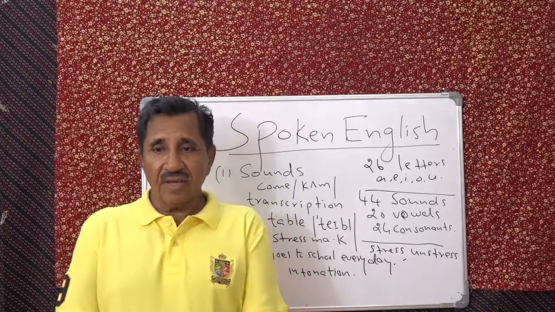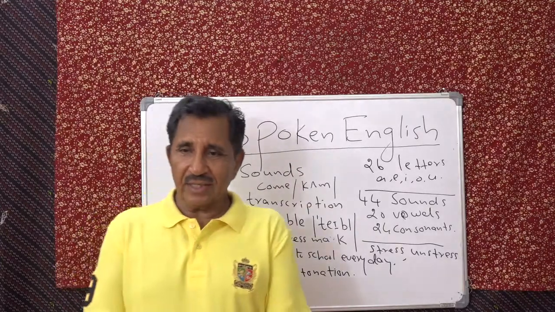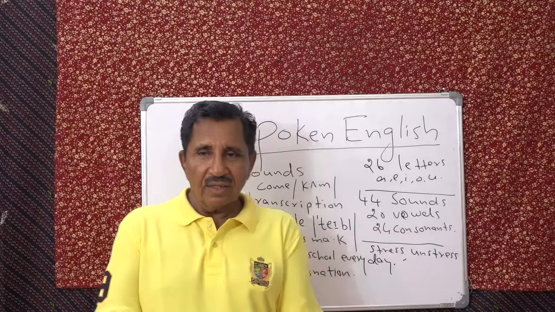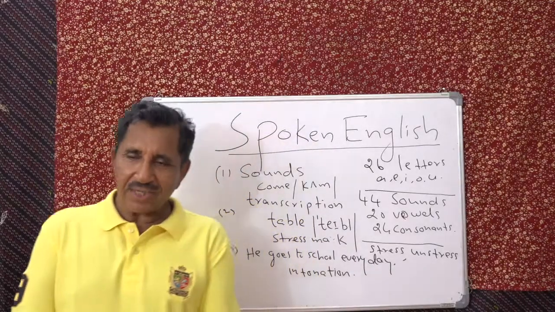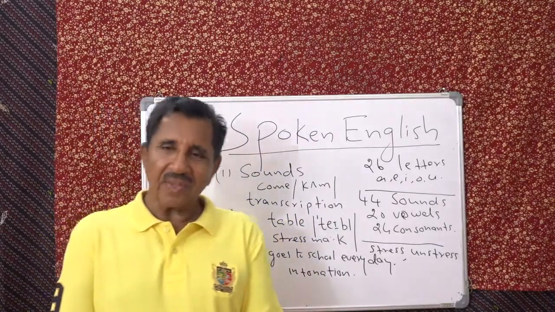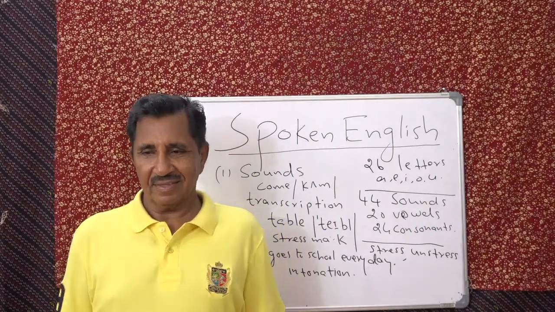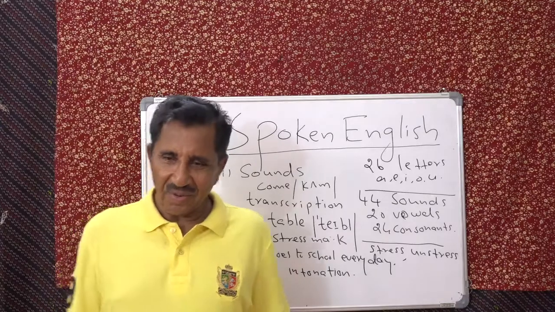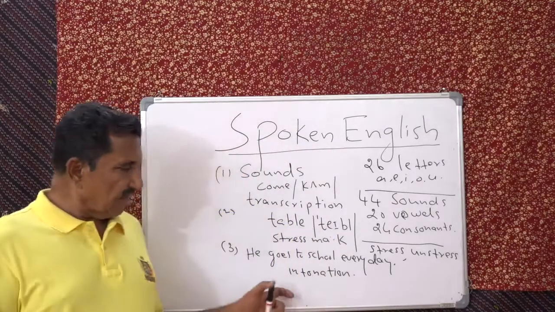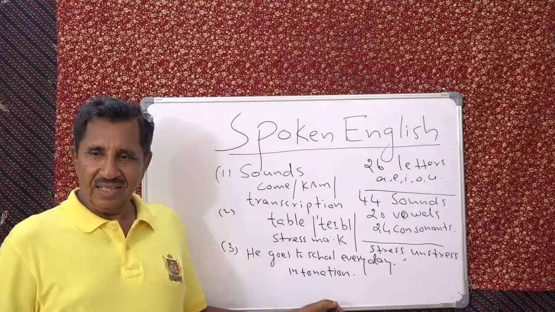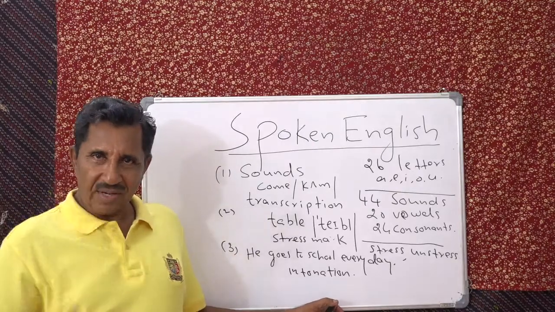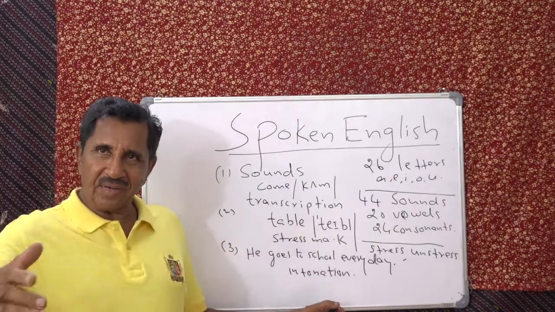Jack and Jill went up the hill to fetch a pail of water. Jack fell down and broke his crown and Jill came tumbling after. That is monotone. What if we say it with intonation, with the voice going up, coming down, going up, coming down, level